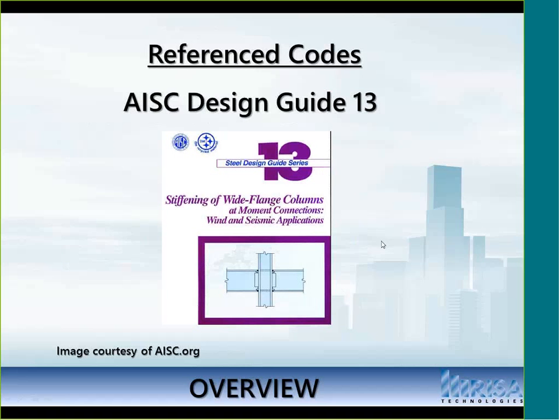We're also going to be taking a look at some provisions that come out of AISC's Design Guide 13. And this is the design guide all about column stiffeners for moment connections. And this is applicable for both wind and seismic. And one thing I'd like to point out about Design Guide 13 is that this is an older design guide, and a lot of the provisions that were written in this design guide were based off of the LRFD 2nd edition manual. And so a lot of that has been sort of superseded or changed somewhat in the 13th and